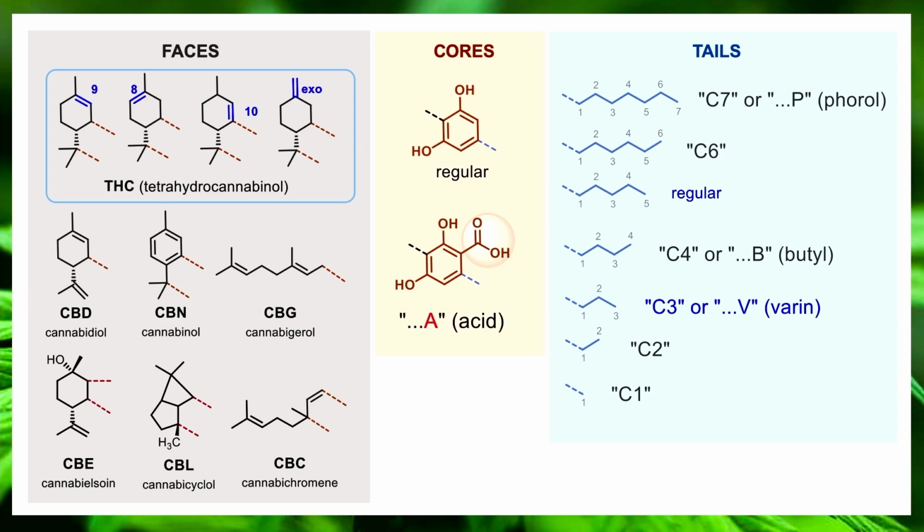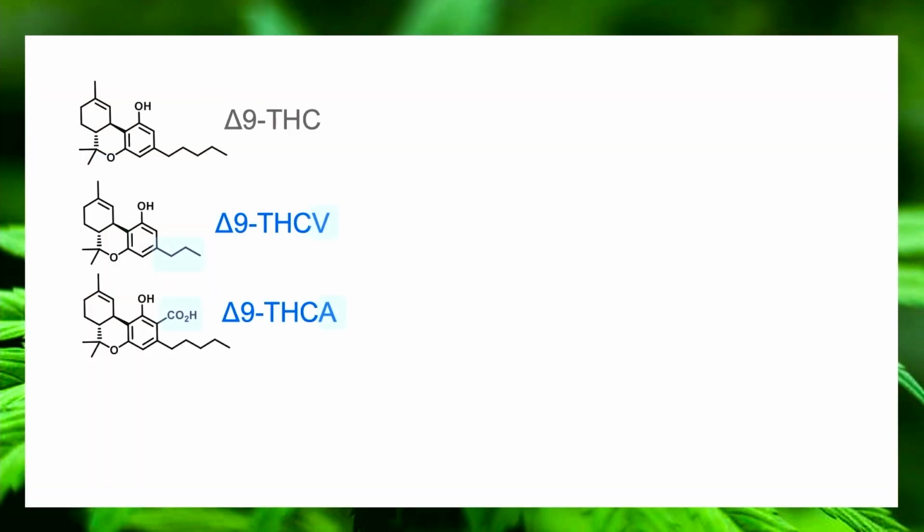cannabinoids have been found all the way from C1 up to C7, but the only ones that are really significant in the plant are the C5 and the C3 cannabinoids. And we call the C5s just regular ones, and the C3 we call varins. The next 2 most common are C4 and C7. So knowing that, hopefully some of you guys would be pretty comfortable if you see THC, also recognizing that a